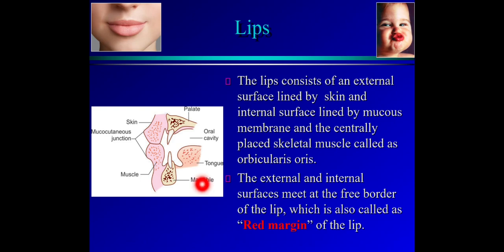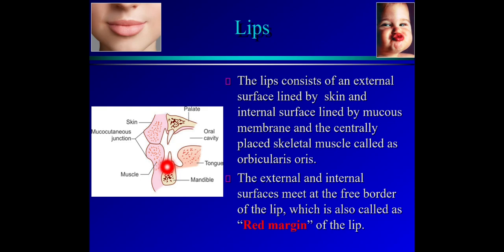So here in the picture one can find the lips. This is the sagittal section passing through the oral cavity, showing the lips. Here the upper lip and lower lip are present. In the lip, this outer border is lined by the skin, and this inner border is lined by the mucous membrane, as is the whole oral cavity internally. Okay, so these lips form the boundary of the oral cavity,